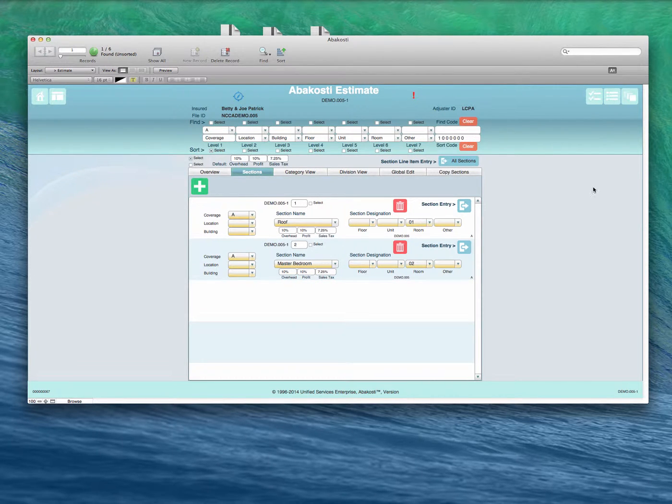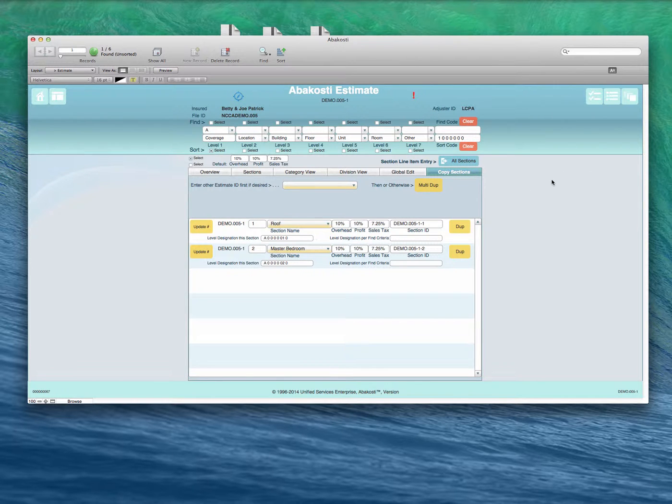We're going to delete the bedroom 2. For my estimate, we're going to go to the copy sections. We duplicate that room. We update the number, so notice that it's a duplicate also in terms of the record number in the section file. So we want to update that to 3. Now that's the third item in the